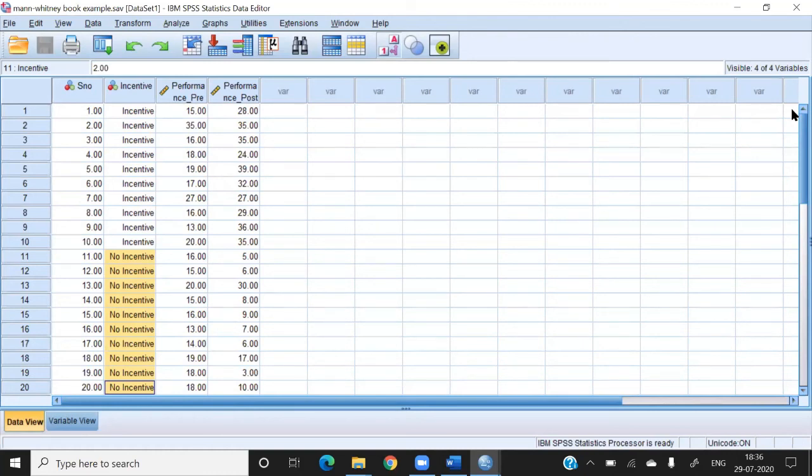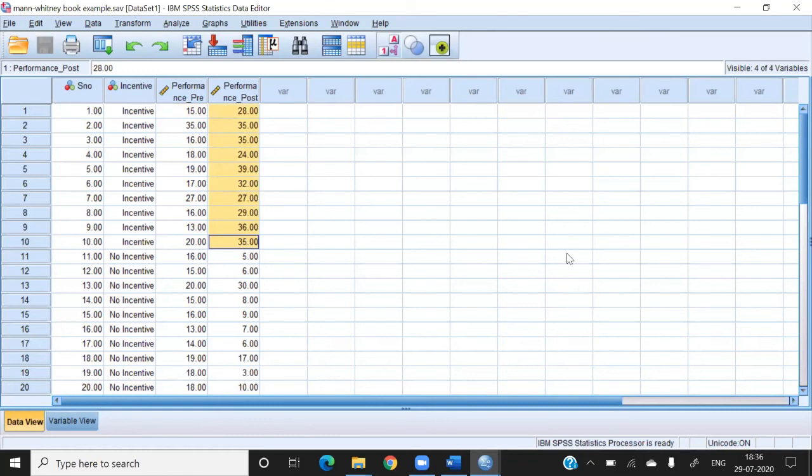To the second group, you say that even if you provide better performance, we are not giving any incentive. The objective of this research question is to see whether incentive will motivate the employees to perform better or not. We have the performance initially, before the training program, and after introducing the incentive.